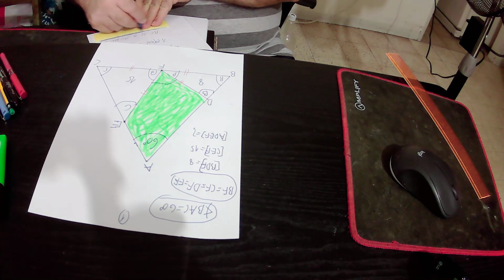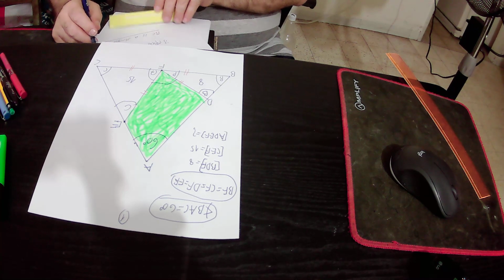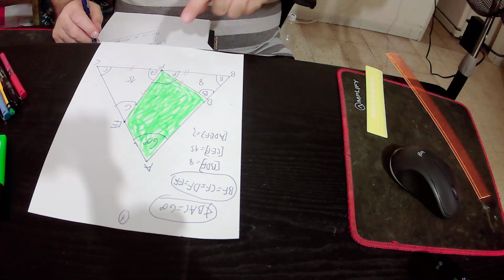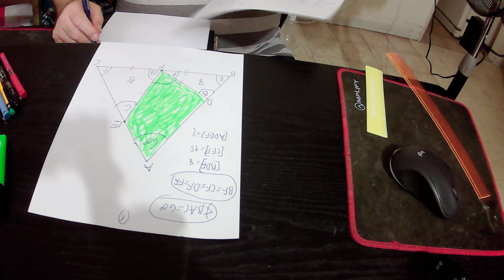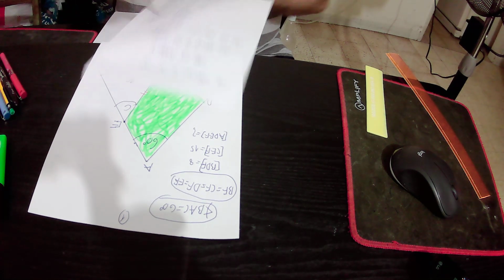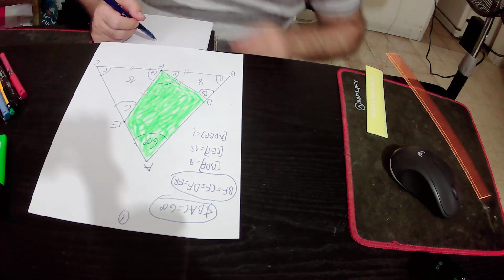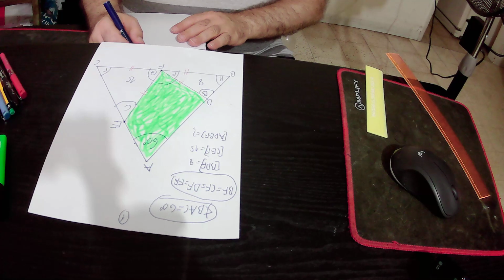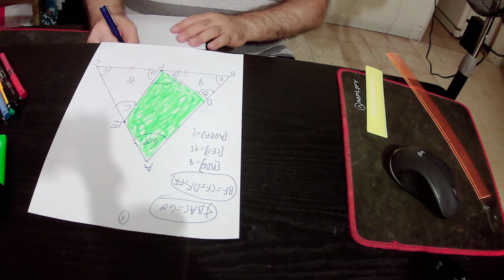Therefore, if we focus at point F, the sum of the angles at point F of the straight line BC must be equal to 180 degrees. Okay, we know that BC is a straight line. Therefore, the sum of the angles of the straight line BC at point F must be equal to 180 degrees according